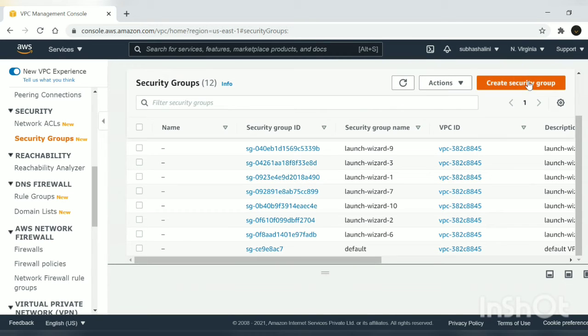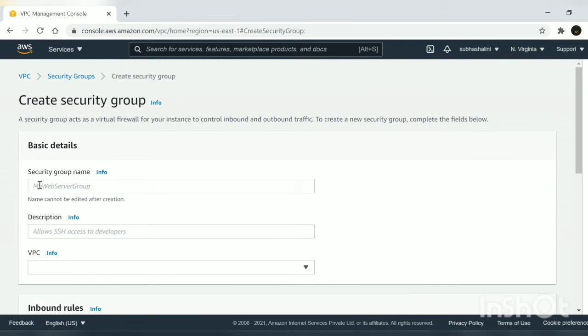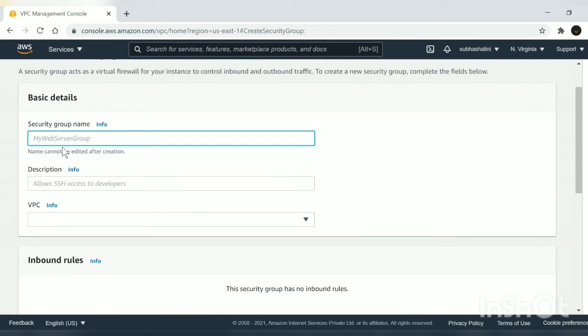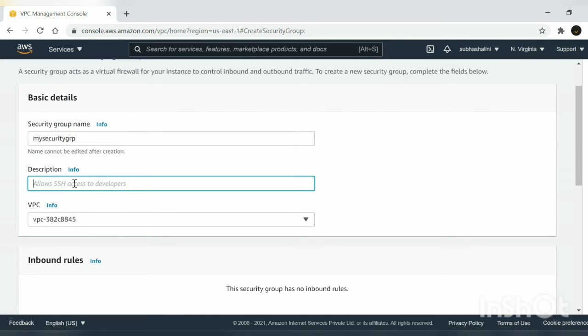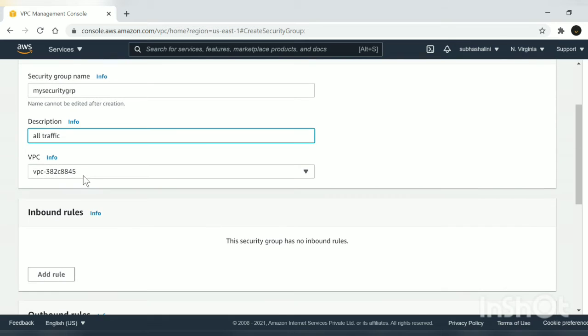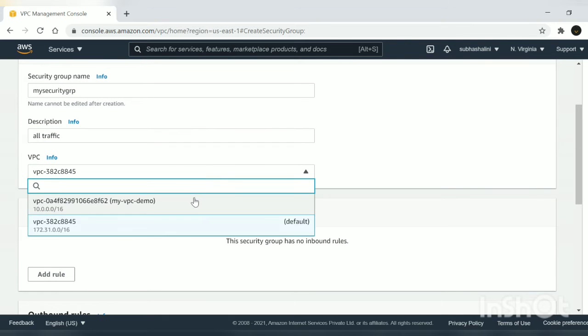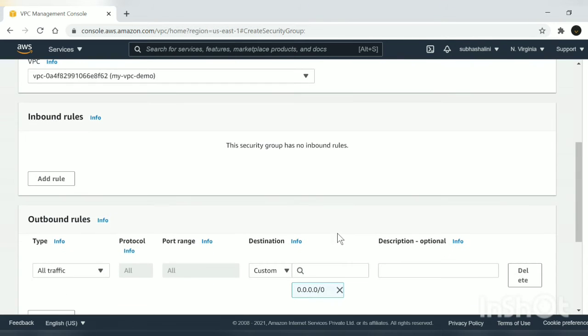I'm just choosing create security group. I'm giving a description as all traffic. So VPC as my VPC.